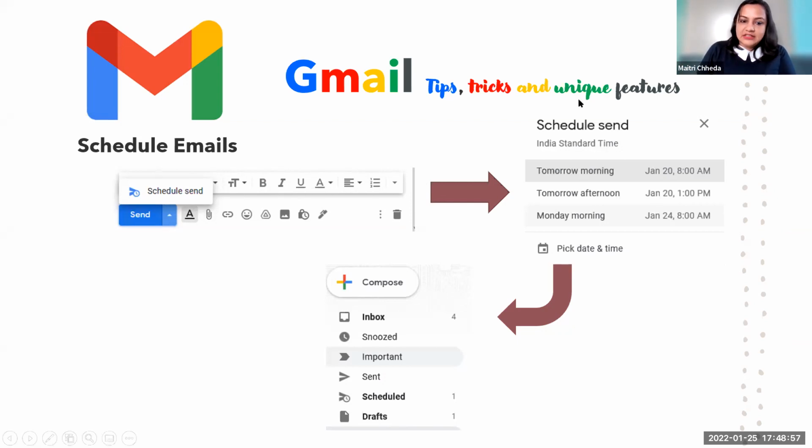So if that is the case, scheduled emails, or even in the case where you have to send reminders to your clients for your monthly deadlines, you've got to send your client a reminder, maybe to send me GST data every first of the month, or maybe on the 10th or 12th of the month you ask for something else. So if there's a standard reminder you want to send, scheduling email would be a very good option for you to increase productivity.